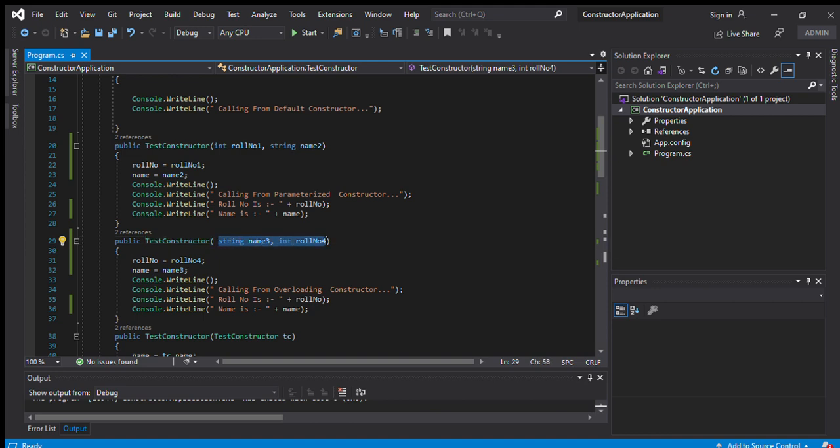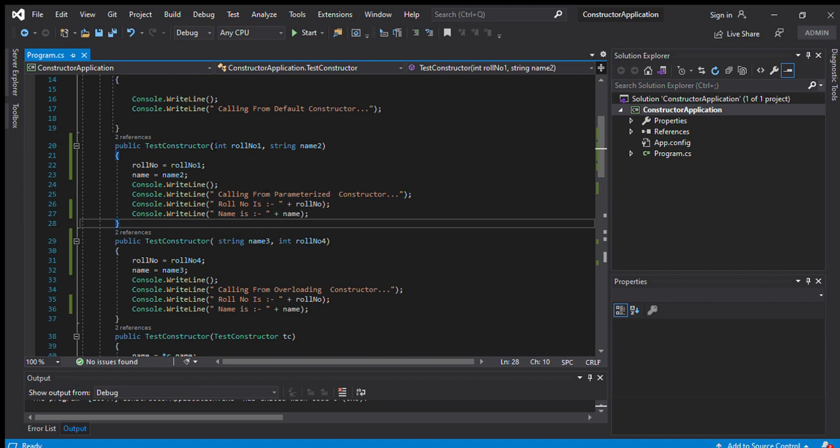I passed two parameters here and here also. But what matters in the overloading concept? While overloading methods, only three rules are followed by the compiler.